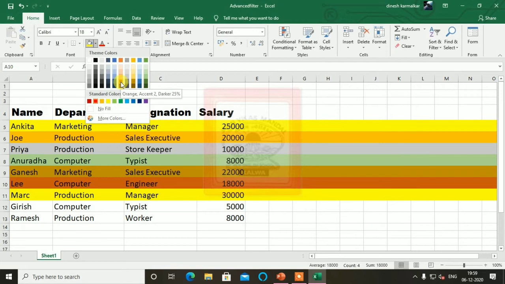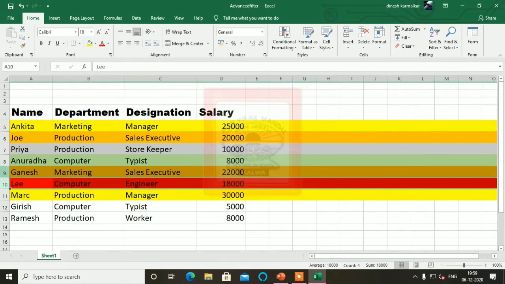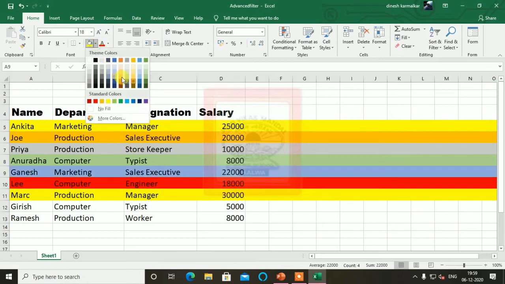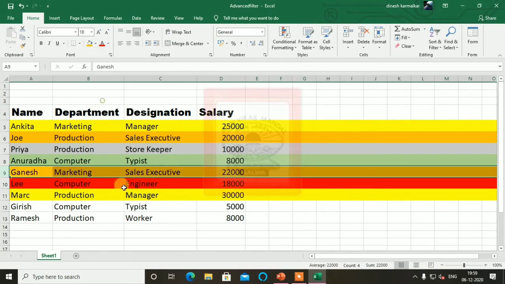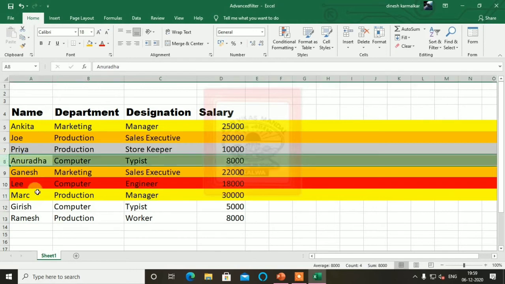Let's say here I am giving, sorry, this I want to change. So both these I'm giving the same color, both are sales executive, and in both manager I am giving the same color, and the typist is the same here.